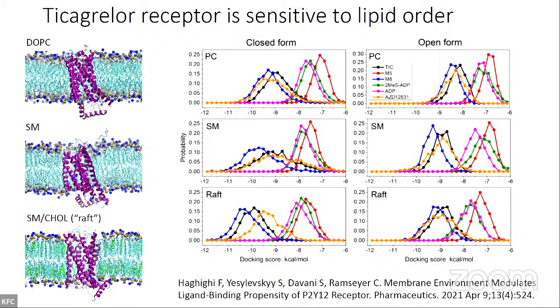But now ticagrelor acts on the receptor. This is a P2Y12 receptor. The ticagrelor has a binding site somewhere here. So this compound, it was not designed to act